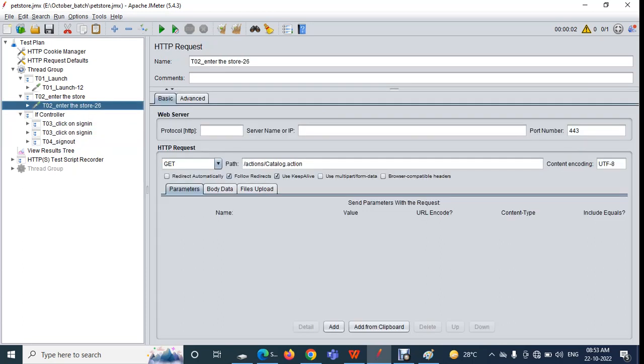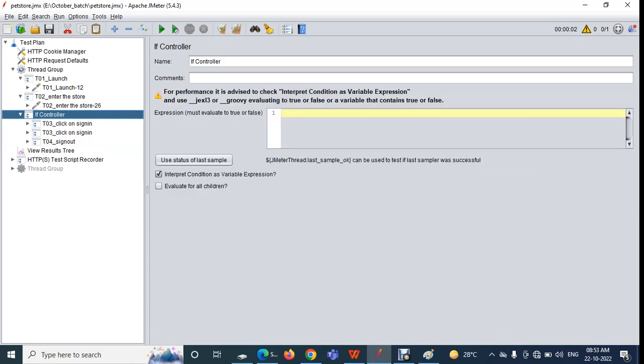Okay, let's see how you can do that. Go to the if controller and click on this, use status of last sample. Okay, so click on this button, use status of last sample. You can see one statement is present here. So మీకు కావాలంటే మళ్ళీ చేస్తాను. Click on this use status of last sample. You can see one sample, one line is present over there. Okay, ఏం చెప్తుంది ఇది